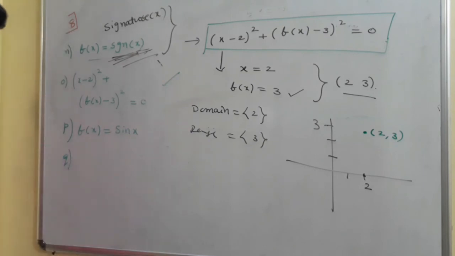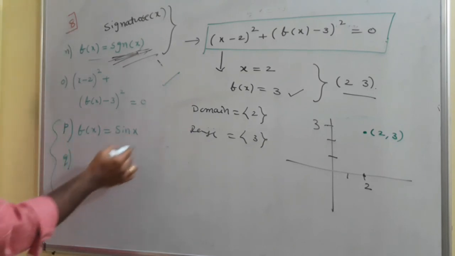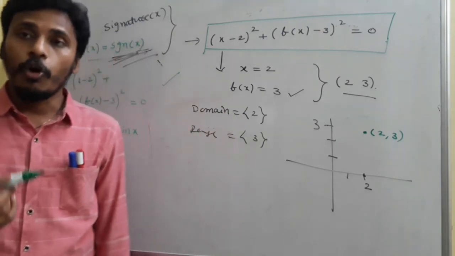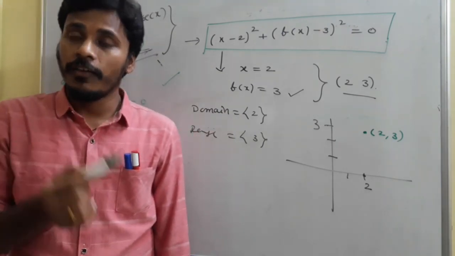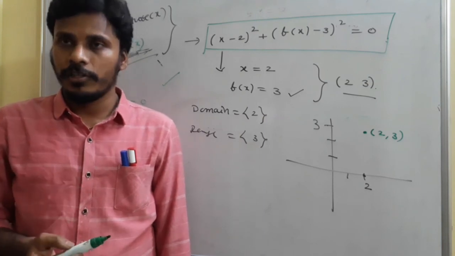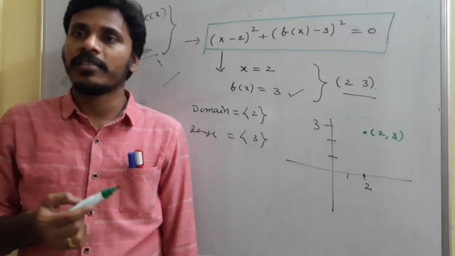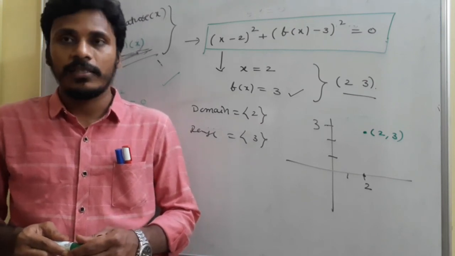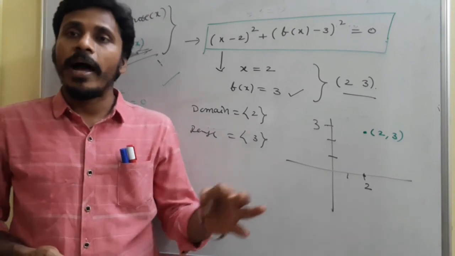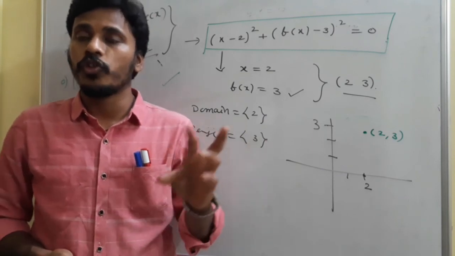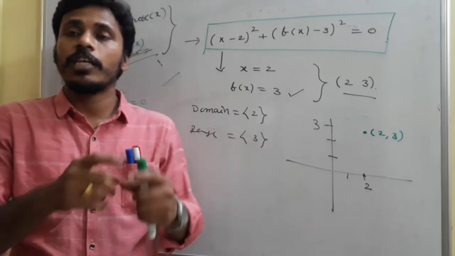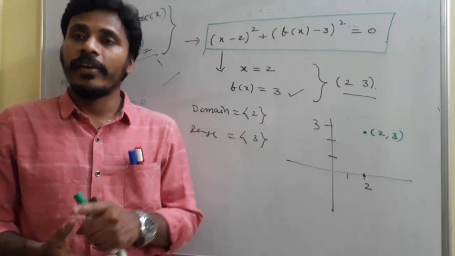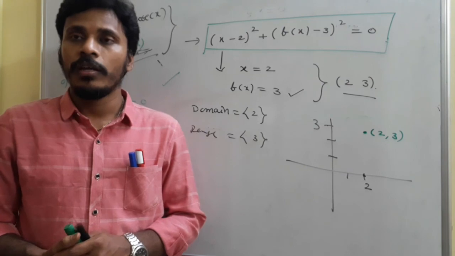After O, in P, Q, R, S, T, like that, we need to discuss domain, range and rough sketches for trigonometric functions: sin x, cos x, tan x and everything. I think you all learnt about trigonometry in your previous classes. You just revise the domain, range and rough sketches of those trigonometric functions. I will give you a table in the next class related to the domain and range of these trigonometric functions. Just have a look.